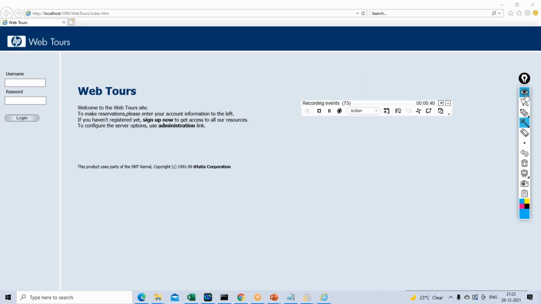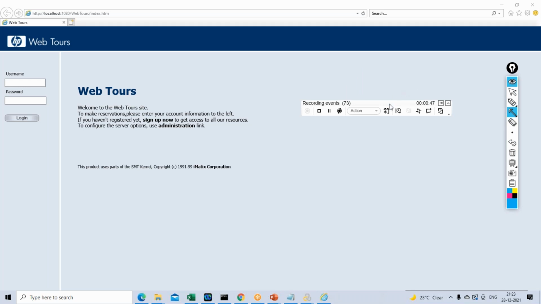So now what is the next step that we have to do? I clicked on start recording and I could see that there is a movable window over here, and at the same time I could see the browser launched with the given URL. Now what is the next step? See, the first step is already done. That means the launch of the application is already done.